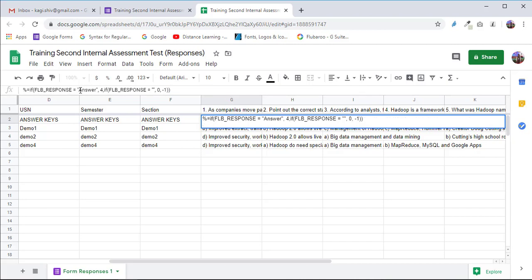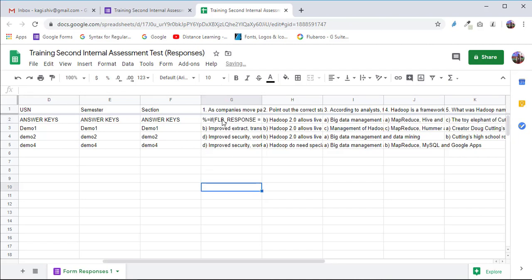Now in the place of answer, you place the answer. For the first question, the answer is D, that is improved security, workload management and SQL support. If a student has answered this, it will allocate 4 marks, or else minus marks. If it is blank, it will give 0 marks. So this is done. Now the first question is done.